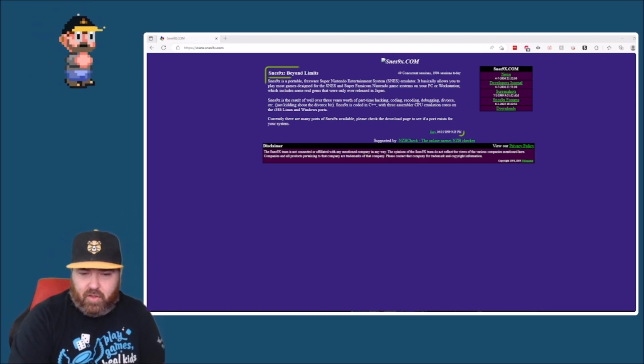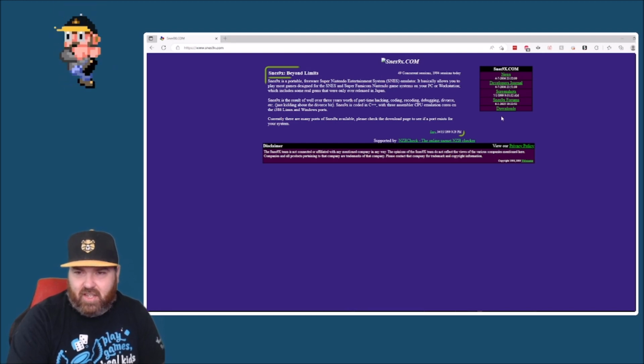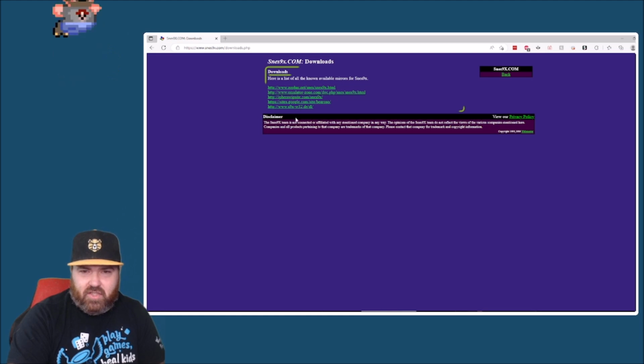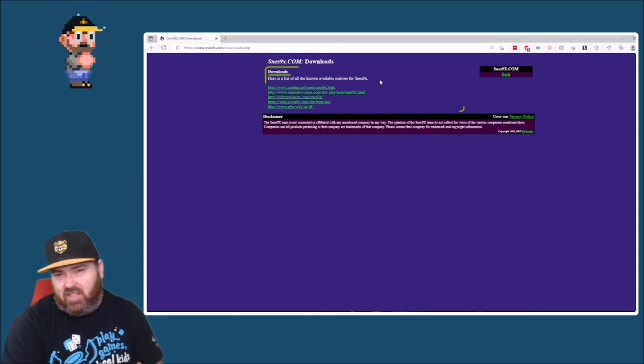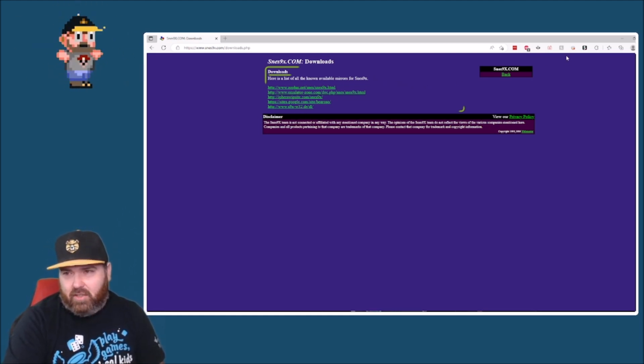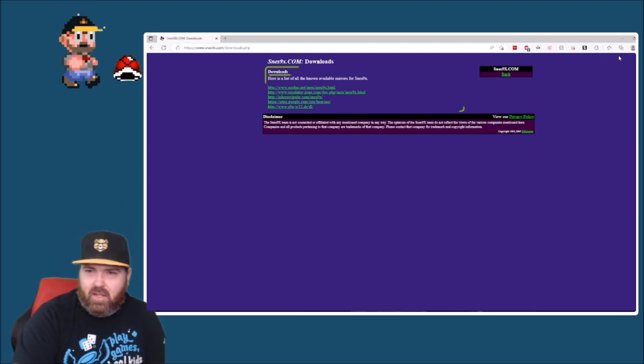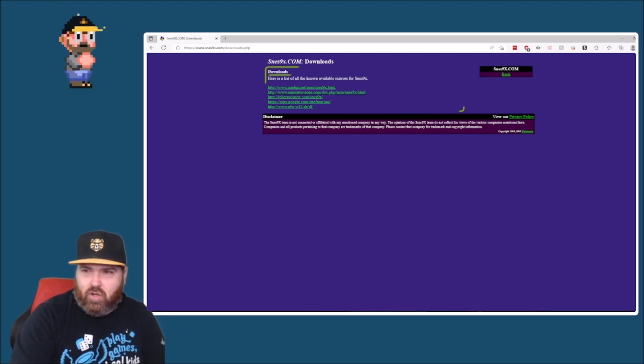We'll go right here. We're at the website. And just click on downloads on the right side. There are different options for downloading it. You're just going to download the emulator and install it. I'm not going to go through that. You guys can figure that out on your own. You guys are smart. But yeah, SNES9X is the emulator you want to use. And so I'm going to show you what that looks like once you have it installed.